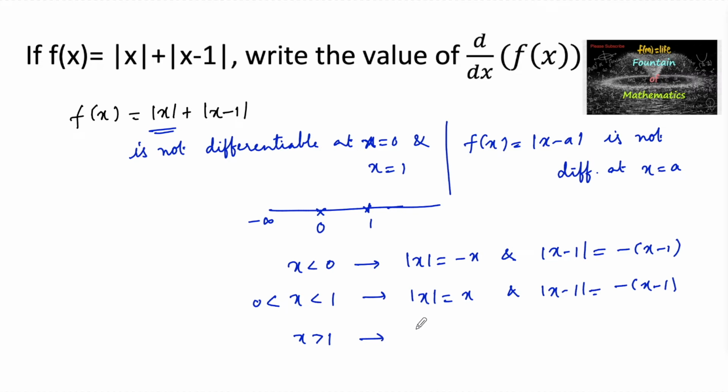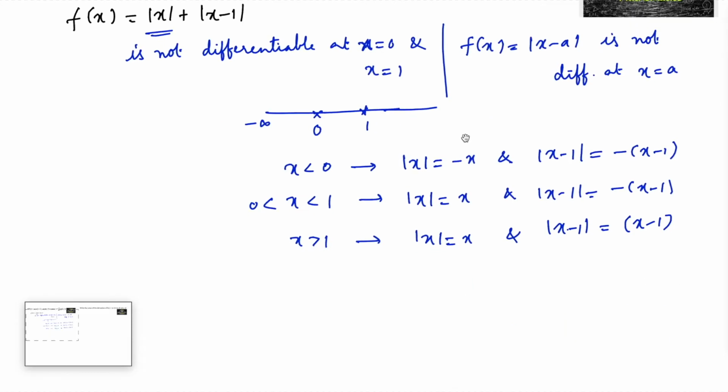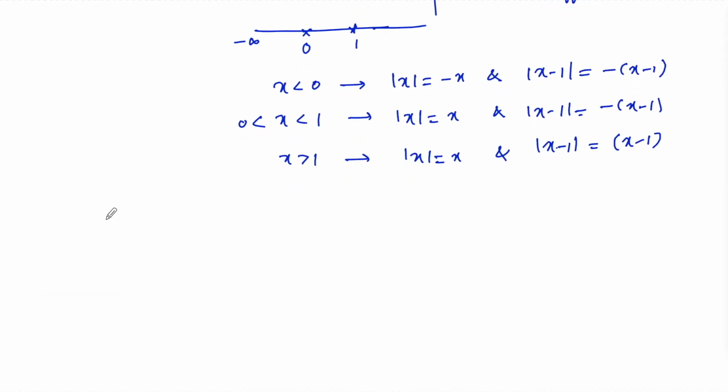And in the case of x is greater than 1, mod x will be considered plus x, and mod of x minus 1 is also considered to be positive. So we can consider plus of x minus 1. So let us substitute here. So our function f of x we can write as f of x is equal to mod x plus mod of x minus 1, which is equal to, in the 3 intervals,